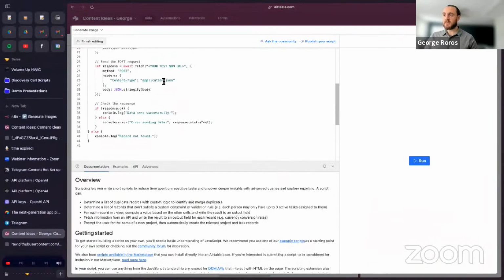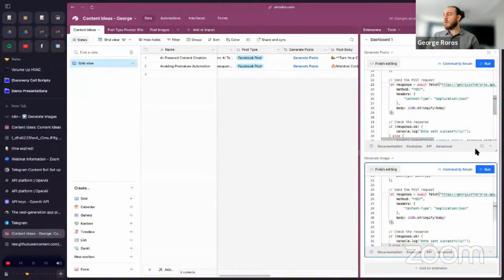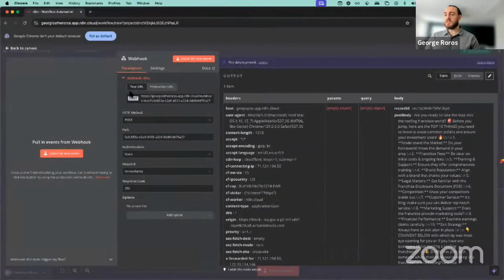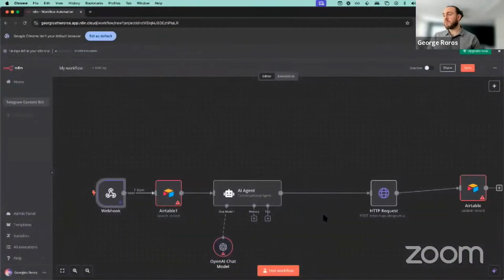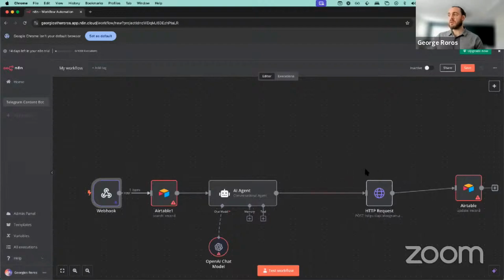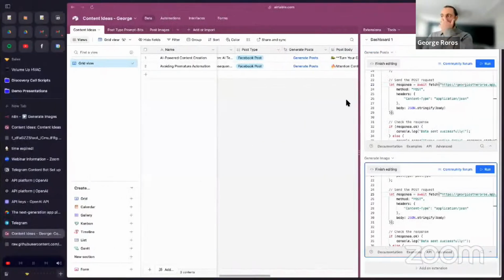And then you're just going to paste it where it says your test N8N URL. You're going to hit run. You should receive an event here. And then you're just going to go through the flow and test the workflow and make sure everything works. And it should, right? Because it's set up to do that. So once that's done,